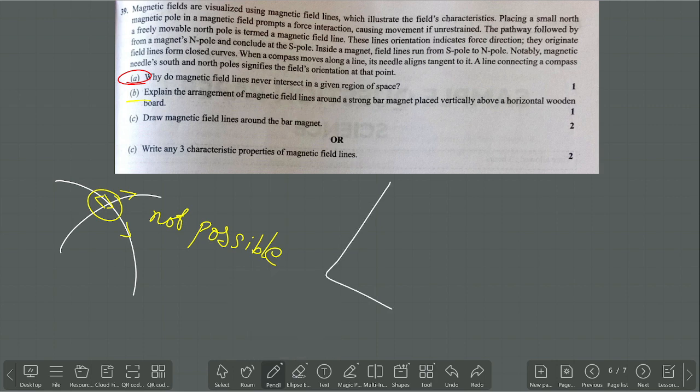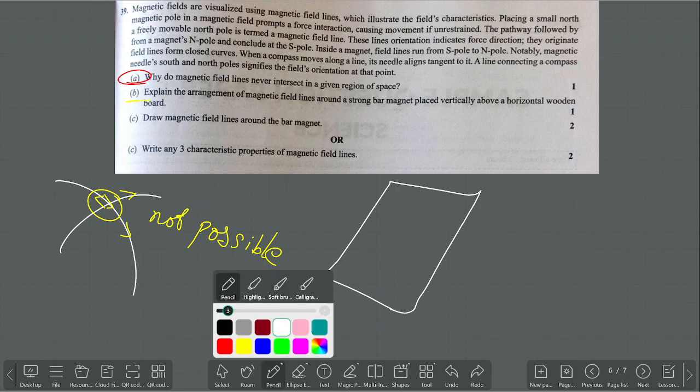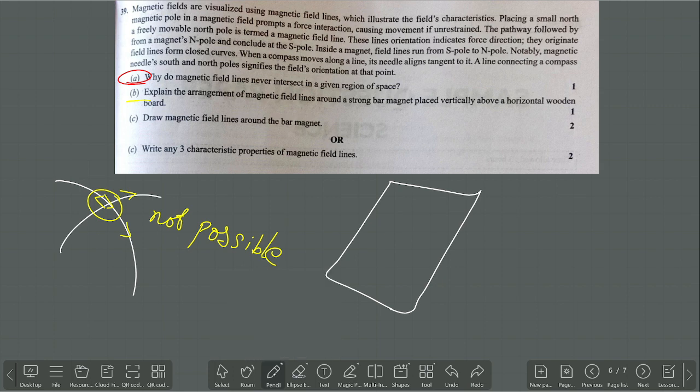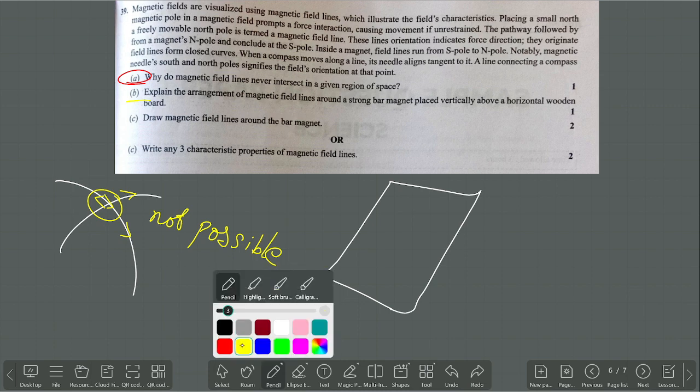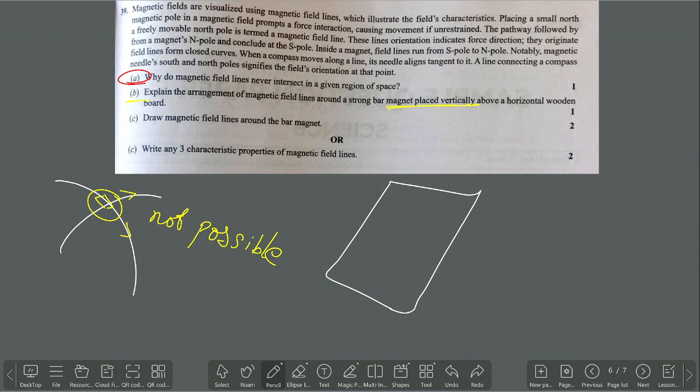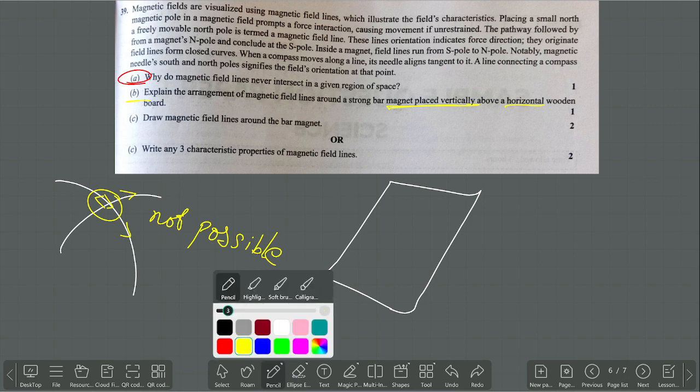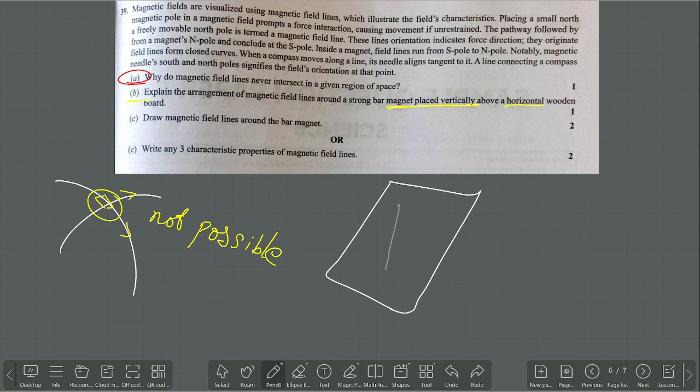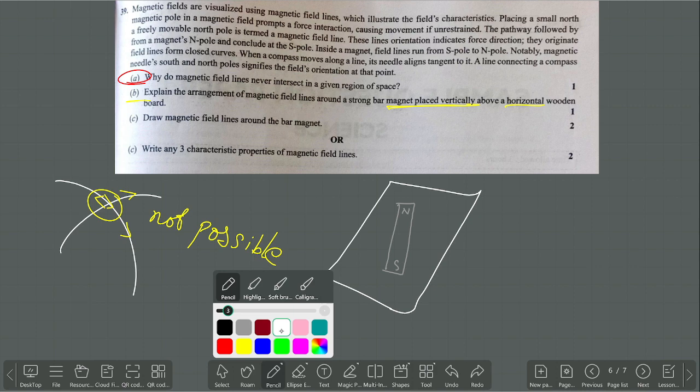So a horizontal wooden board is there. They are placing the bar magnet either horizontally or vertically. Read the question. Explain the arrangement of the magnetic field lines around a strong bar magnet placed vertically. The bar magnet is placed vertically above a horizontal wooden board. That means we are placing the bar magnet like this. Clear. So let us consider this end is going to be the north pole and this end is going to be the south pole. Now we are going to draw the field lines around